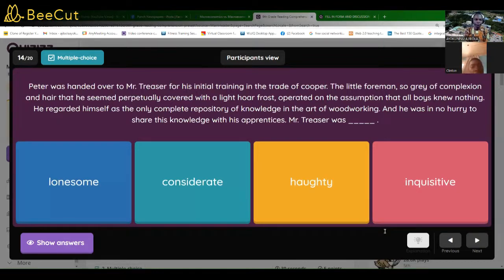Peter was handed over to Mr. Treaser for his initial training into the trade of copper. The little foreman, so grey of complexion and hair that he seemed perpetually covered with a light hoar frost, operated on the assumption that all boys knew nothing. He regarded himself as the only complete repository of knowledge in the art of woodworking, and he was in no hurry to share his knowledge with his apprentice. Mr. Treaser was